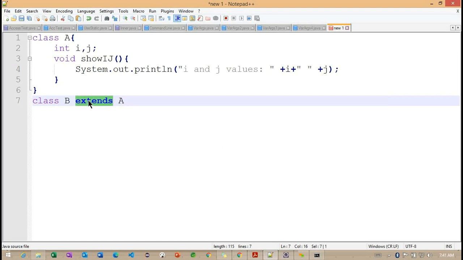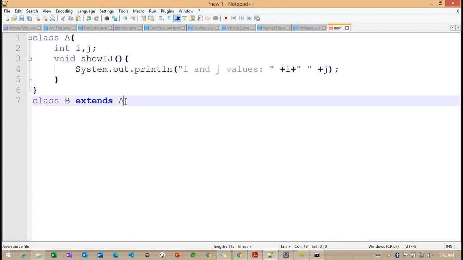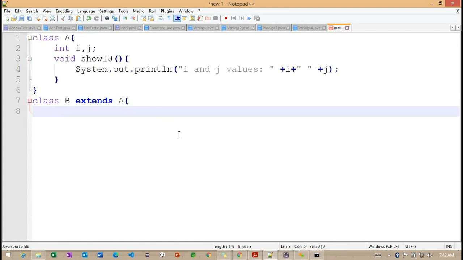Getting the point. Here we are using the extends keyword, and after this extends keyword, whatever class we want to access the superclass features from, we need to define here. In our example, I'm specifying class A here, so that this information we can easily access inside this particular class B.